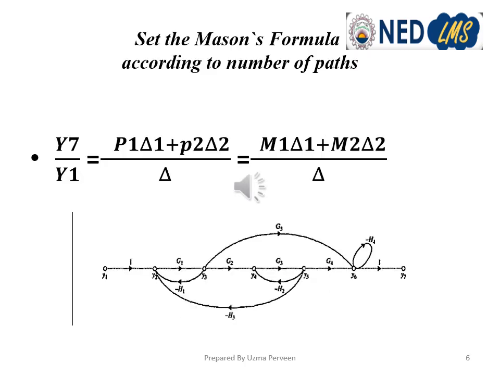After carefully counting the number of forward paths, next we'll have to set our formula. As we have two forward paths, the formula will become P1 del 1 plus P2 del 2 upon del. In some books, forward paths are actually represented by M1, so we can write it as M1 del 1 plus M2 del 2 upon del. So because of two forward paths, we have set the formula as P1 del 1 plus P2 del 2 upon